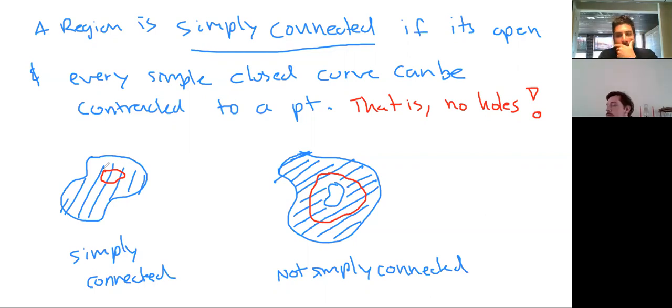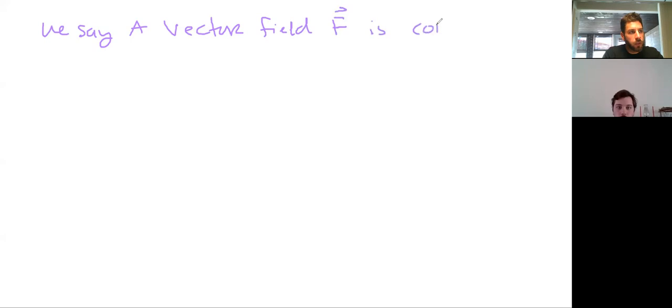Okay, does anybody have a question about this? So again, this is some terminology. All right, so our last definition is one that's a little more calculus based and not geometric at heart. So we say a vector field F is conservative